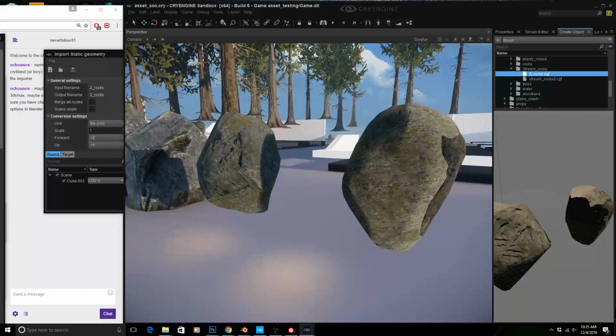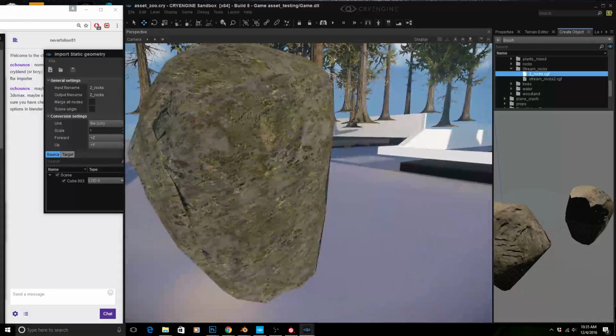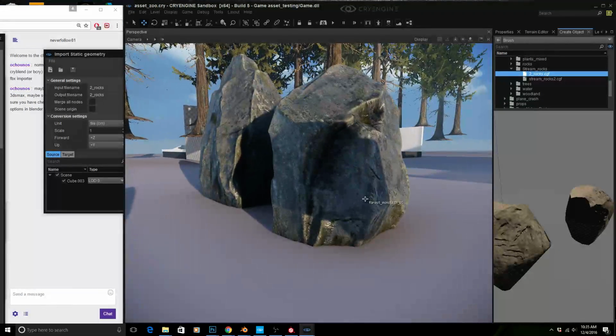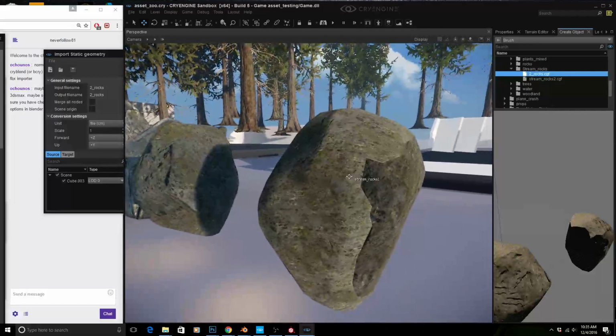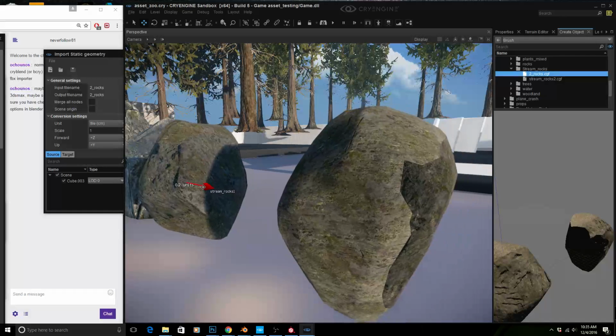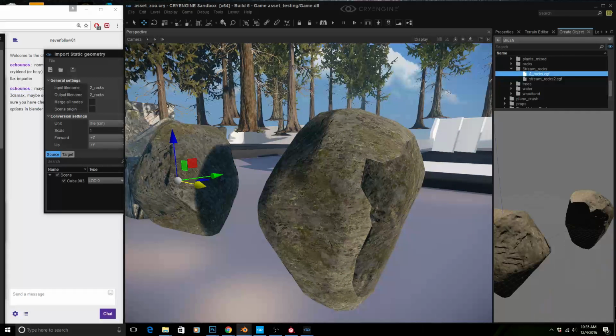Yeah, that could also be it. Analyzing some of these monoliths that Crytek did, all those faces were separate. So I'm not sure if that has anything to do with it, but